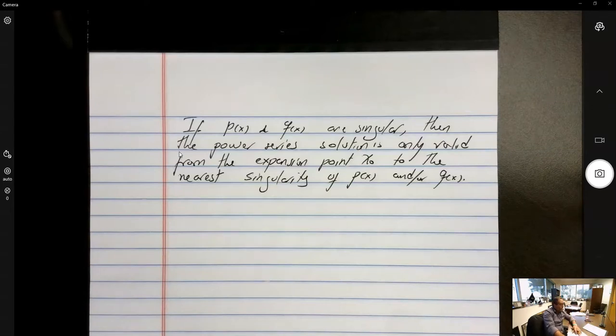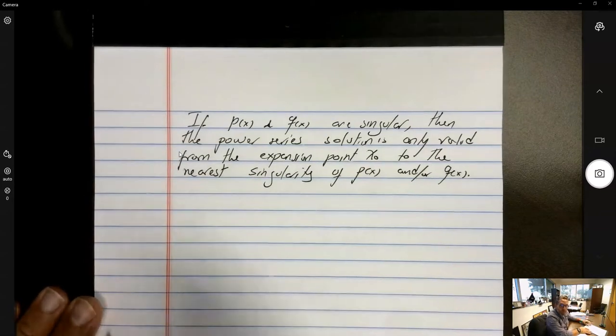So what happens is that if you try to expand it into a Taylor series and your expansion point x0 is equal to 0, the solution will only be valid from 0 to pi over 2. It will only be valid from the point of expansion to the point of near singularity. After that, your series solution is no longer equivalent to the function that you're trying to expand. So we're going to use these